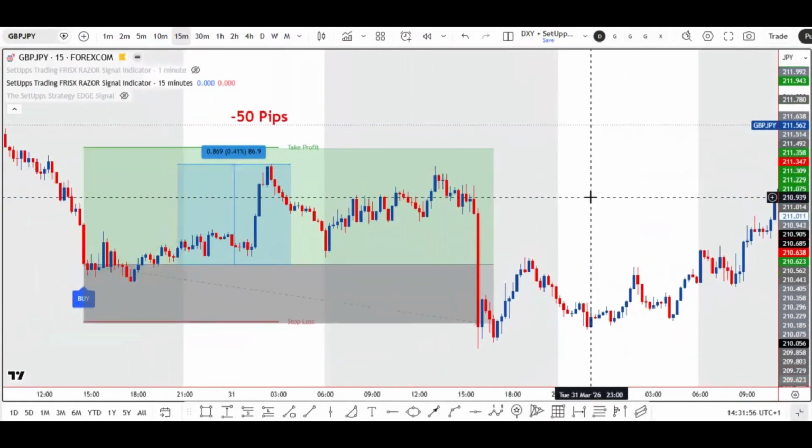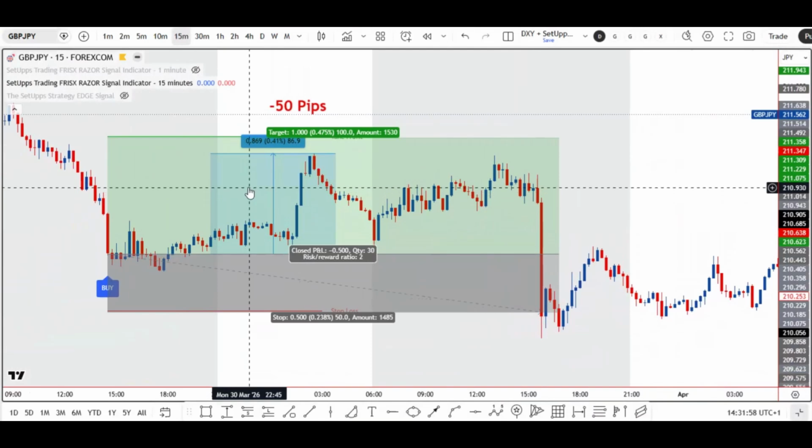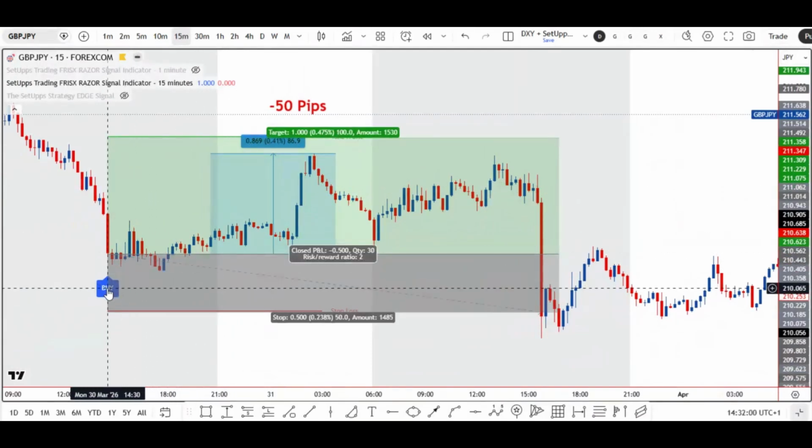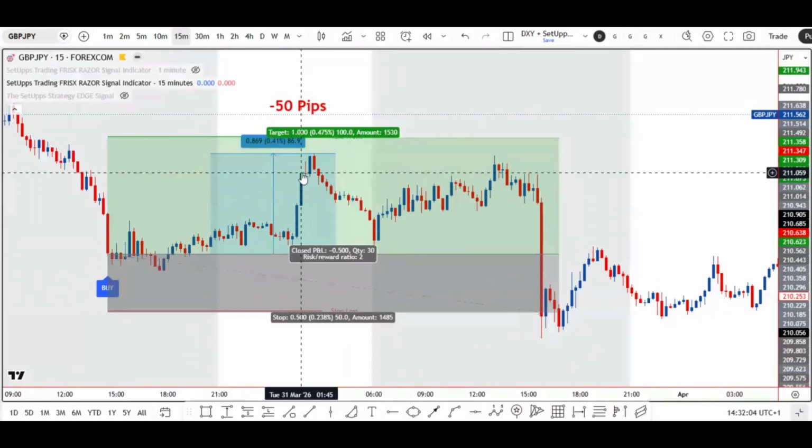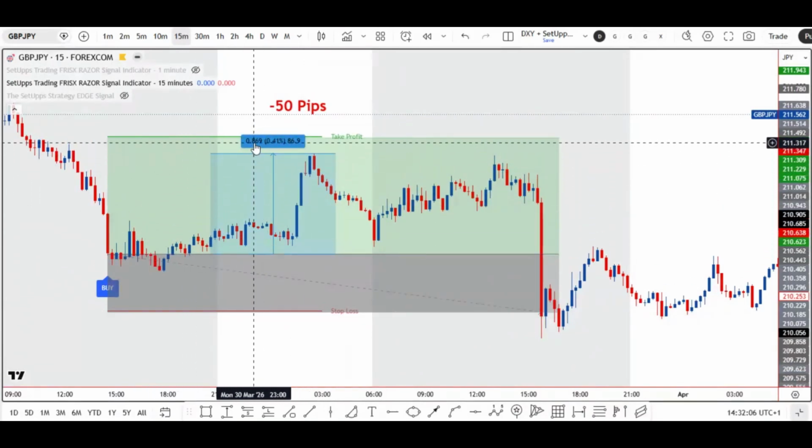Now, if you see here, the trigger was on the 30th of March, went to drawdown, went to profit, right? 86.9 pips in profit. Now, if you traded one lot, that's $10 per pip. So you go into profit, 86.9 pips, that's $869,